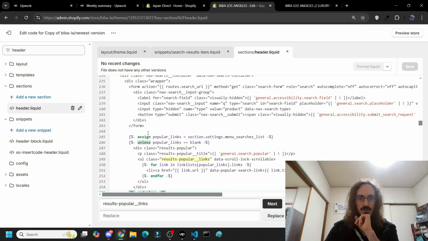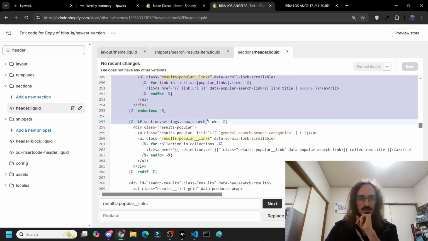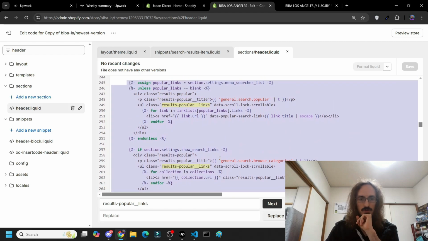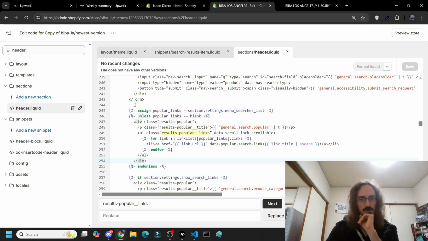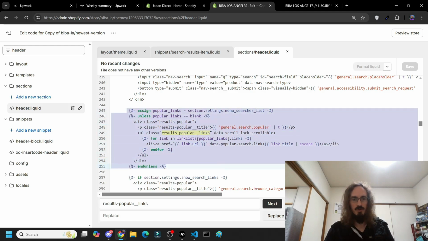I did pause and ask ChatGPT. I copied this and asked what I should do with it to make it stop having this section here. I want to get rid of it. So just for now, because we do want to save the code, because I might try later when I have more time to change this so it only shows the collections that I want it to show, but I don't have the time to do that right now. I'm just looking for a quick fix, to make sure as quickly as possible that people aren't going to be clicking on broken links. So ChatGPT has told me to comment out this block of code,